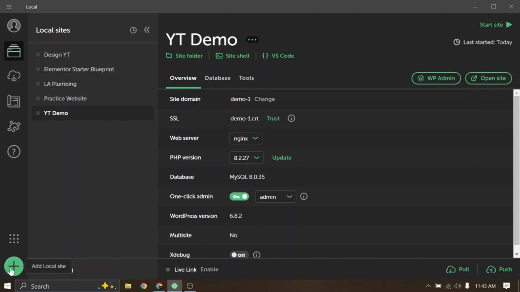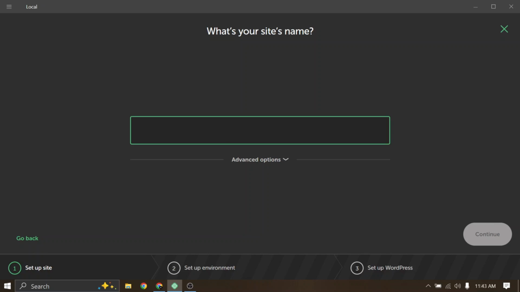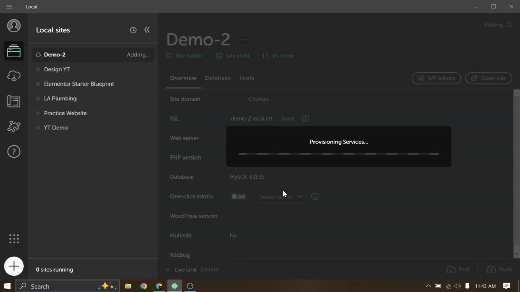Now I will click on plus to create a new site, continue, and for the name I will say demo 2, continue, and for the username I will say admin, and password I will use 12345. Okay, click on add site. Now it will take a few minutes to add a new site.